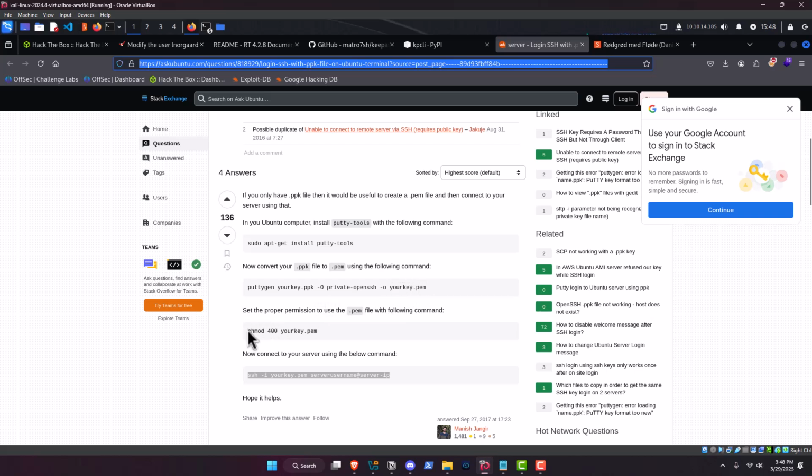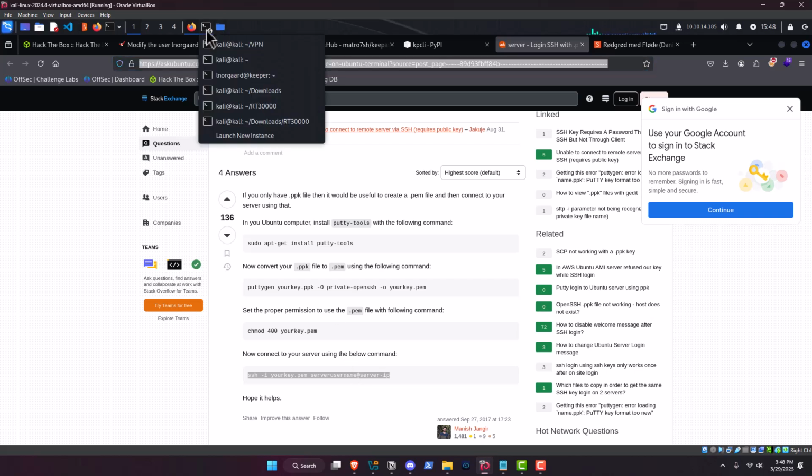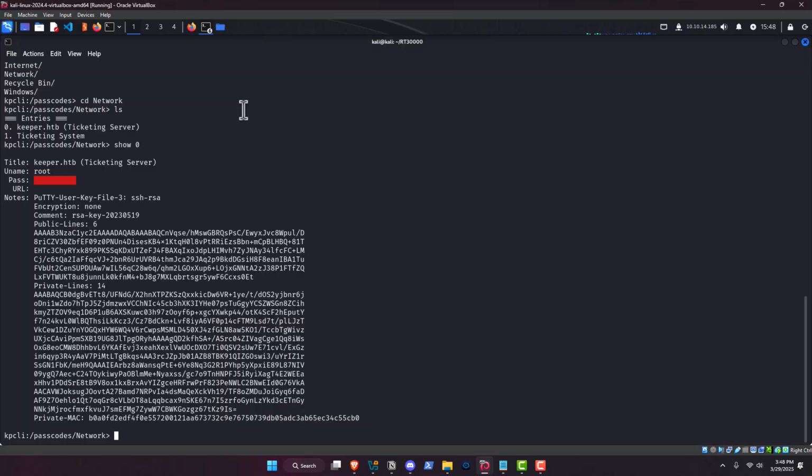Then of course you'll get an error that this key is not secure unless you chmod it, and then you would SSH using the identity file just like you would if you had an RSA key or anything like that. So this was a pain in the butt. So basically what you have to do, and I'm not going to do it again because it was a lot of work,